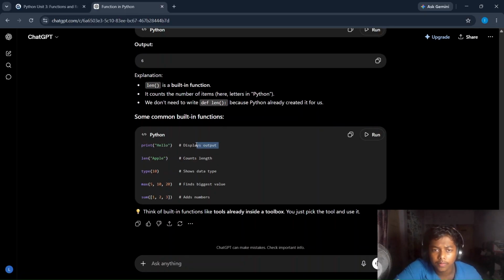Print displays output, len counts the length, and type shows the data type of